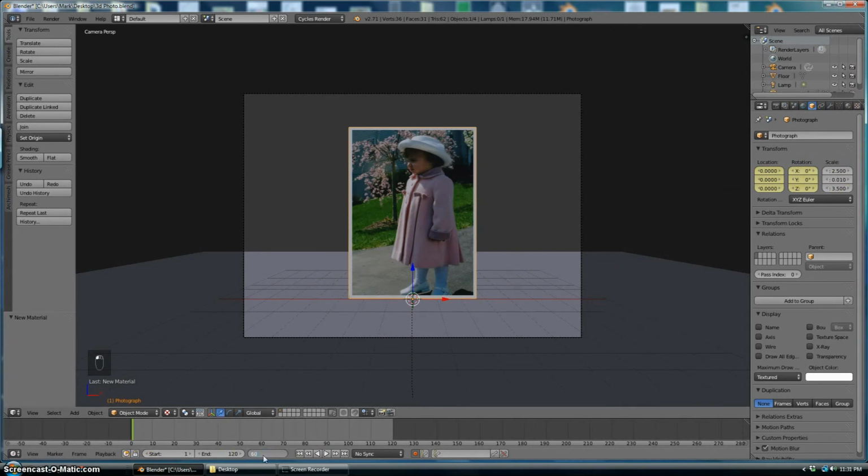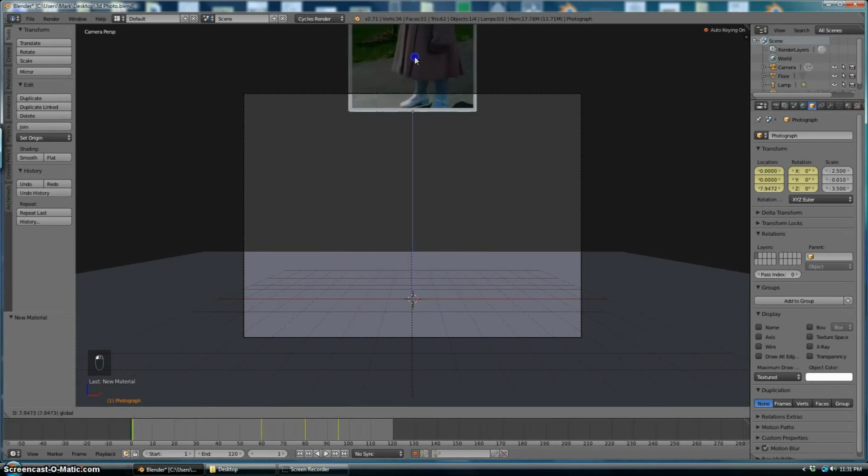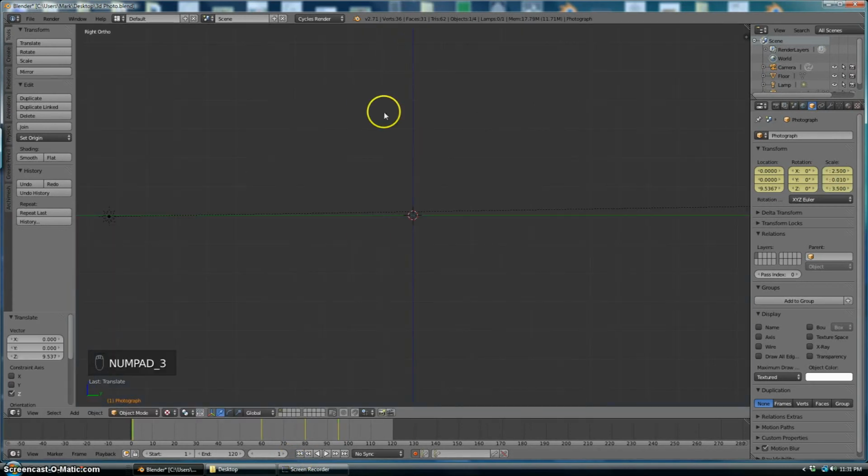I'm going to do the same thing at frame 60. I hit I, and I go to frame 80, I, and then frame, let's put it at 95. These are my keyframes, which I haven't done anything with yet. I'll go back to 1, and I want to move the photograph up in the air